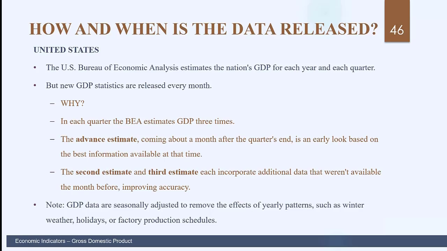So the reported rate of negative 30.9% that we saw in the news clips at the beginning of the lecture does not mean that economic activity actually fell by that amount in the second quarter. Simply dividing the figure by 4 tells us that economic activity roughly fell by about 9% in quarter 2. The annualized rate just puts the figure into a yearly context. And not all countries do this. Other countries and international statistical agencies, such as the Organization for Economic Cooperation and Development, report just the quarterly percentage change and skip the annualization.